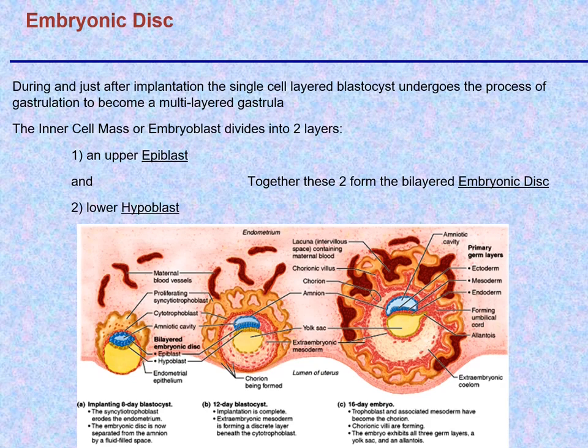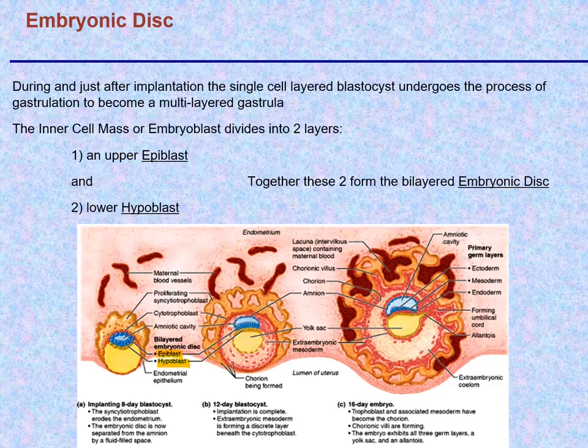So the inner part, the inner cell mass, is the embryoblast, and it divides into two layers during gastrulation, or formation of the gastrula. An upper epiblast, and just a second, an upper epiblast and a lower hypoblast. So here you see the epiblast and here you see the hypoblast, and we're talking about